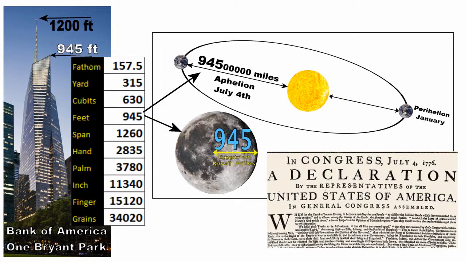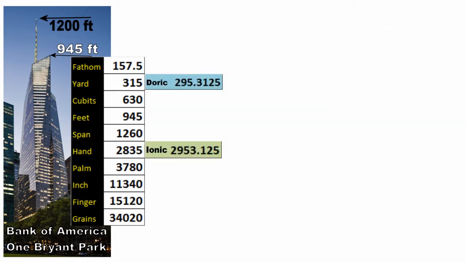But 945 is also a beautiful number in regards to the orbit of the Earth around the Sun. So we have 94.5 million miles at aphelion, July 4th. The Declaration of Independence was declared, but exactly signed a few days earlier. They delayed it, I'm sure, to have this connection, Sun, Earth and Moon through 945. But we also have its conversion point on Doric and Ionic,